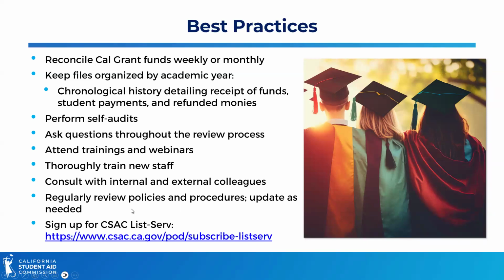As we mentioned, we send out announcements regularly through our listserv, and many times those are impacting our processes and procedures and would necessitate an update. I'll give you an example. When I think it's SB 150 rolled out for the Chafee Grant program, it's got a whole different set of SAP standards for our Chafee students as compared with every other student. So your school, if you are administering Chafee Grant, likely has two SAP policies. One that is specific to Chafee Grant students under SB 170, and one SAP policy for everybody else.